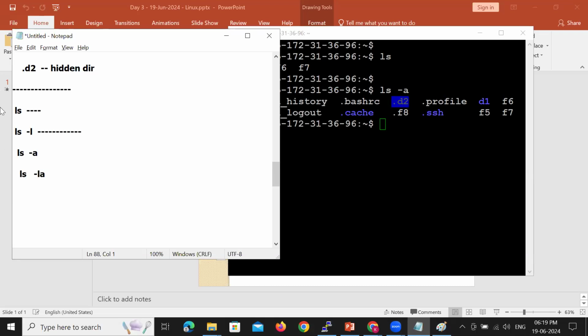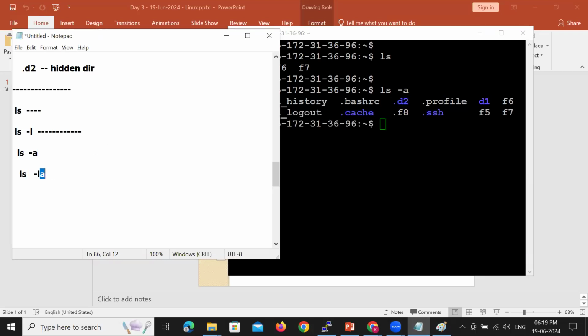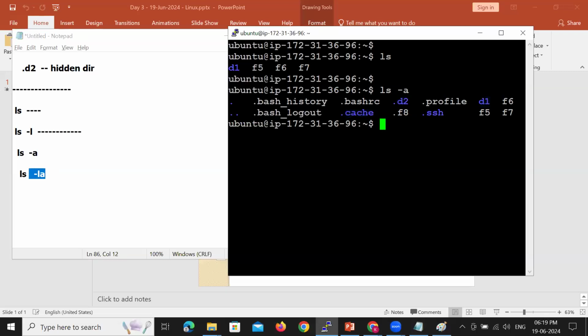ls -la. You can use a combination of listing options. -l, -a, you can together call it as ls -la. So ls -la will show you a list of all the files. As you have used the -a option, you will get a list of all the hidden files. As you have used the long list option, you can also see the date and time when the hidden file has been created. You want to know the size of this file.